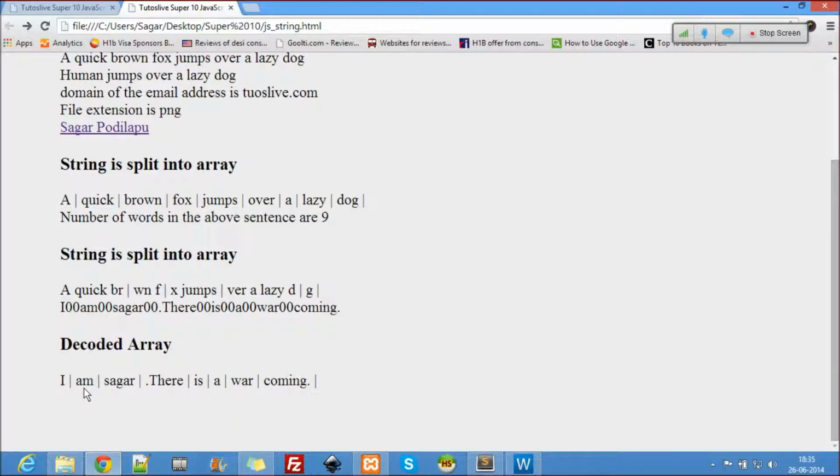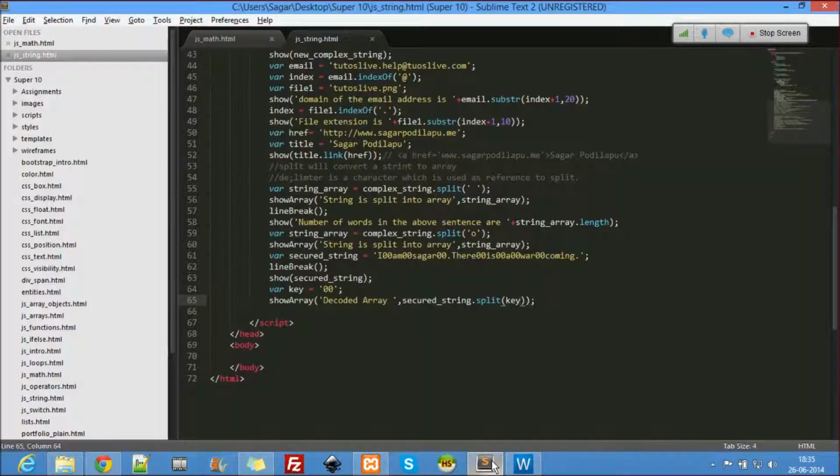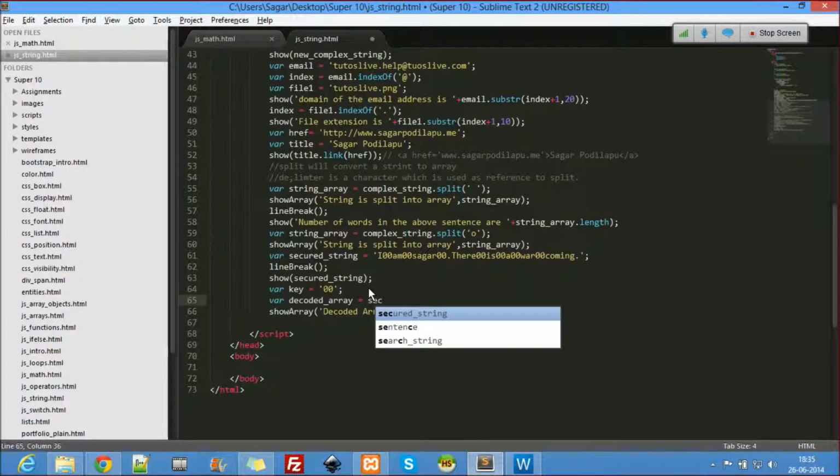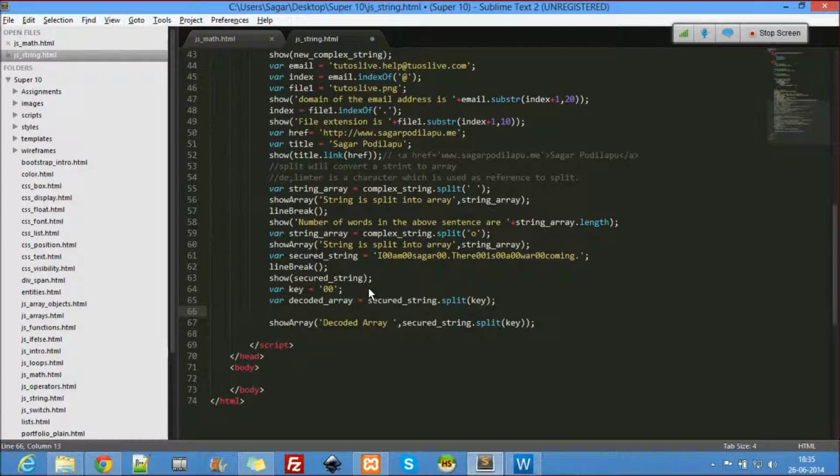It's an array. How do I construct this array? Var decoded array equal to secure string dot split of key.